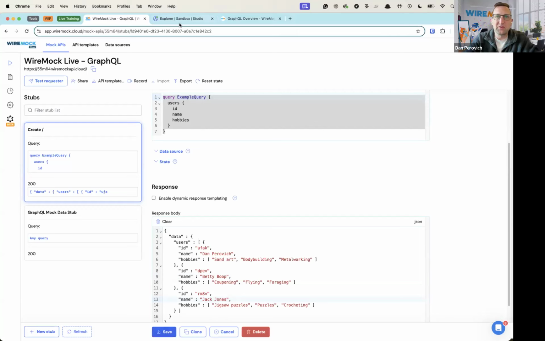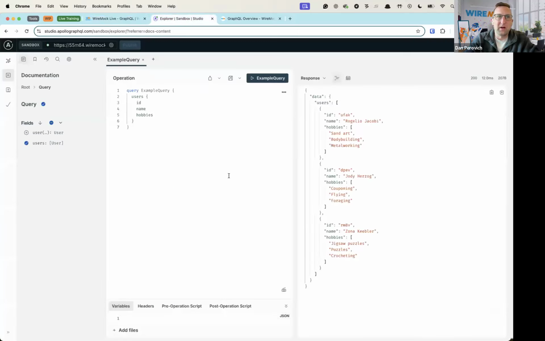And we'll come back over into our GraphQL Apollo sandbox here, and we can hit execute on that example query as we've defined it here. And now we'll see that we have a fixed response coming back for this query, just as we've just asked WireMock Cloud to do. Now, if I go ahead and expand my query here and change my query slightly, so